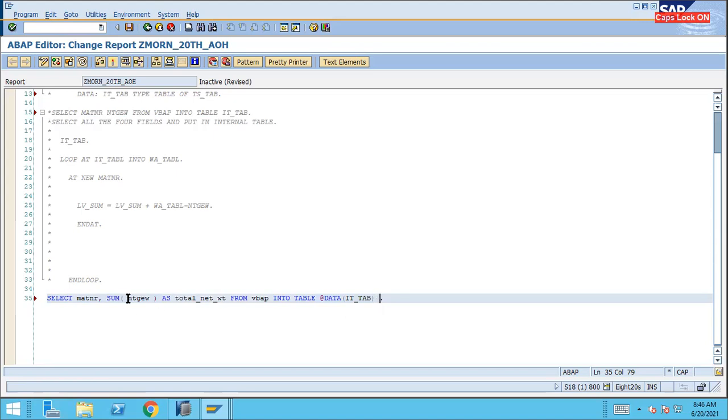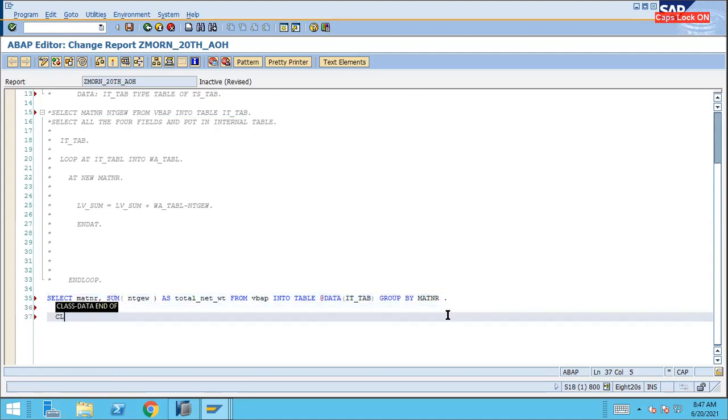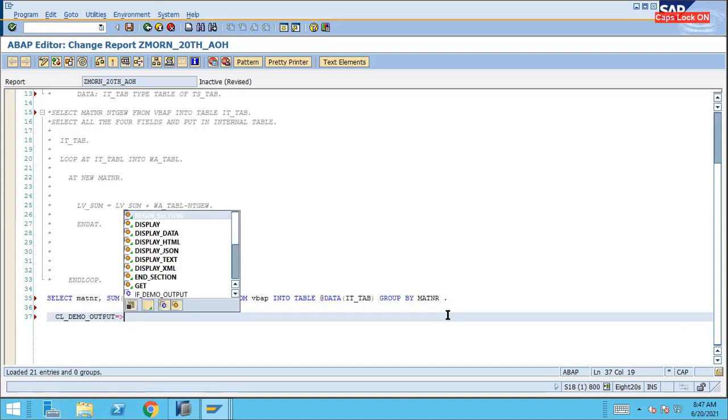And here, because you are using the aggregation, sum, what you will have to do is, as an aggregation rule, you will have to write GROUP BY, and the non-aggregate column you will have to write over here. We will see in more detail in the coming classes more aggregate functions, more examples, right? And here you can see that cl_demo_output display data.